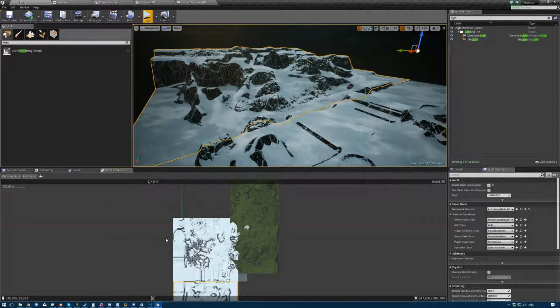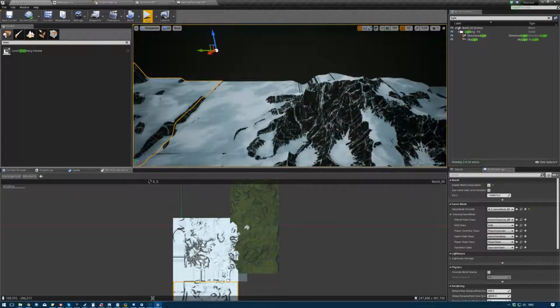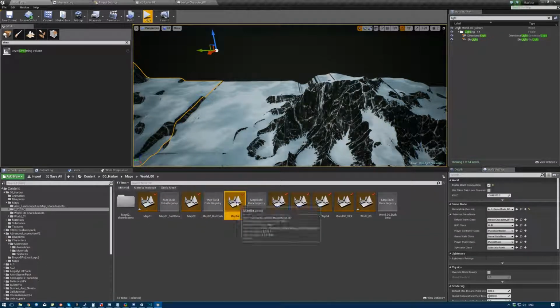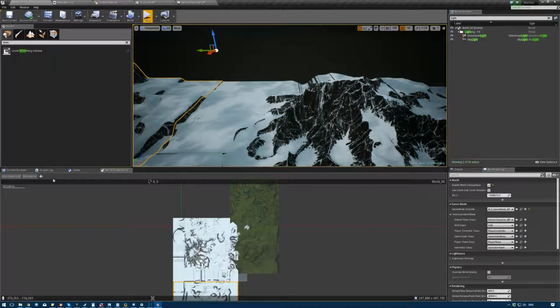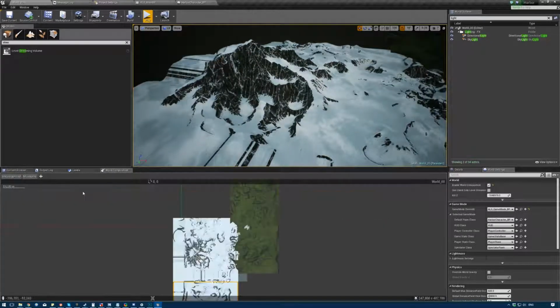Another thing is that if you work with a large team, it allows for better separation, because everyone can have their own little map file to work on. And additionally, last but not least, world composition also supports